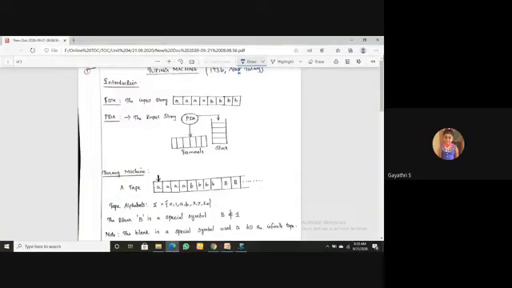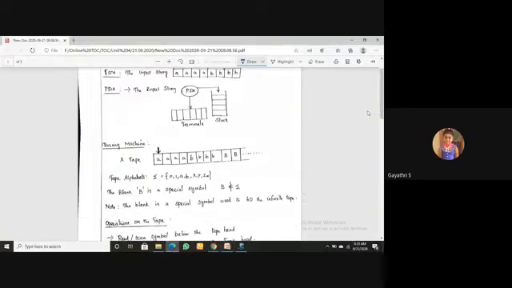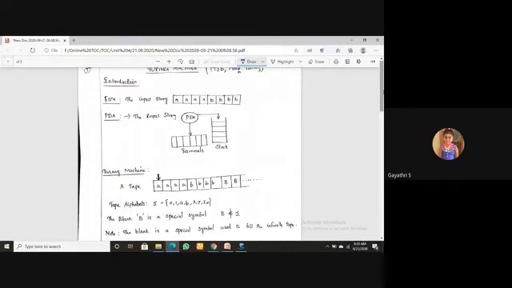See, the first part is some comparison. The comparison with finite state machine and pushdown automata. Finite state machine means a very simple abstract machine, which doesn't have any memory, and it has only the input alphabets. Other than input alphabets, it doesn't have any other alphabets. So the input tape contains the input alphabet. This is your finite state machine.